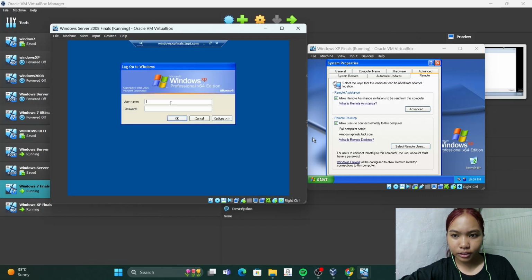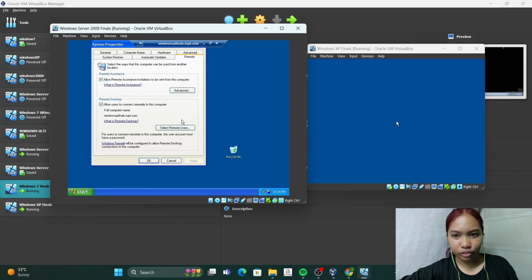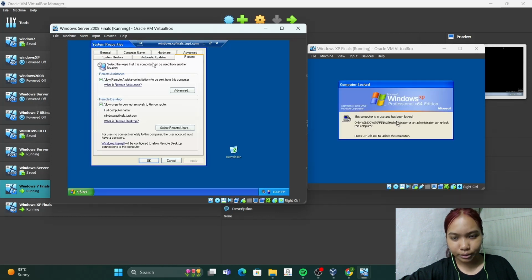And you must enter the username and password first. Okay, so as you can see, you now have control of Windows XP using Windows Server 2008.